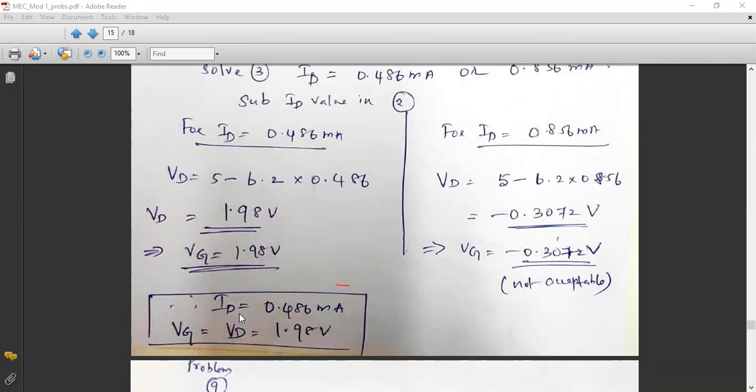What is the standard value? 6.2 kilo ohm resistance is the standard value that you have taken. Based upon that, you got the current 0.486 and the drain voltage 1.98 volt. In the question, they have given 0.5 milliampere. That is for 6K. But you have not used 6K. You have replaced that 6K with the 6.2K, and you found that the current has decreased by a little amount, and it has come down towards 0.486 from 0.5. Correspondingly, the drain voltage is 1.98 volt. Why am I discarding this section? Because your gate voltage is highly negative. That is not at all acceptable for an NMOS transistor.